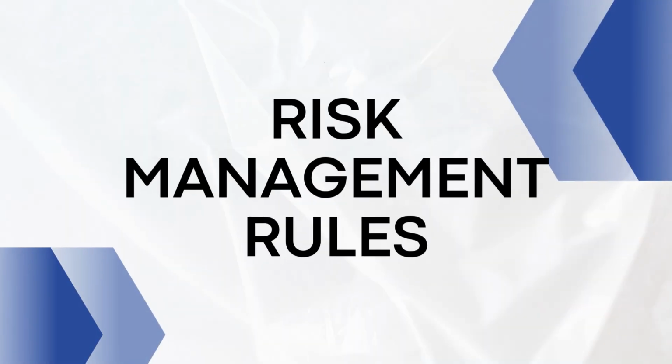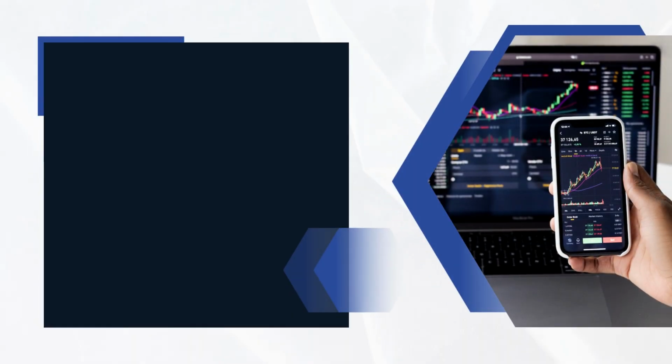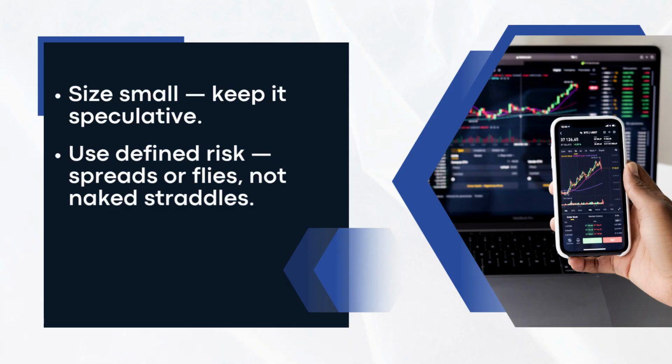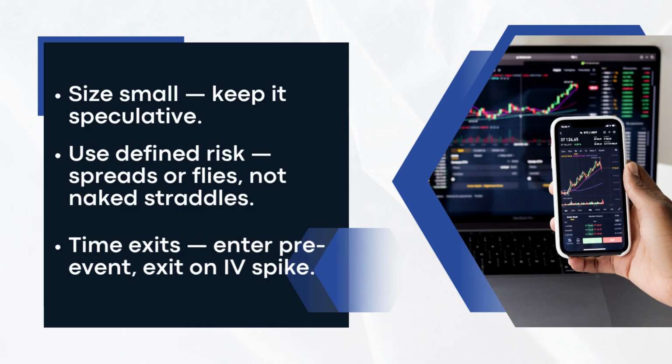Risk management rules. Event-driven trades are high risk, so discipline is key. Size small. Treat them like speculative plays. Use defined risk structures, debit spreads or butterflies instead of naked straddles. Time the exit. Sometimes the best play is entering before the event and exiting right after IV spikes, without holding through the announcement. Remember, you're not just betting on the data, you're betting on how the market reacts to the